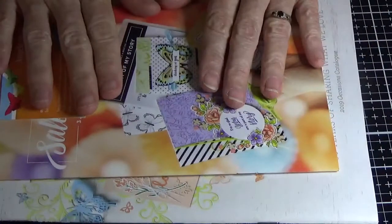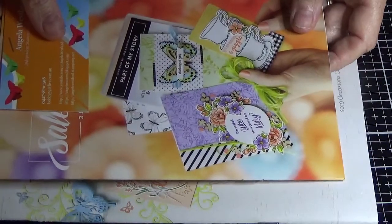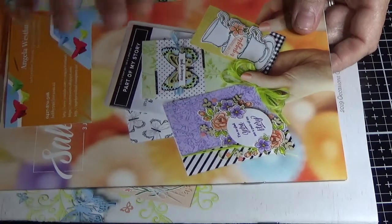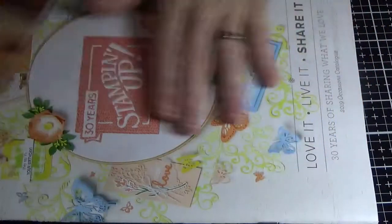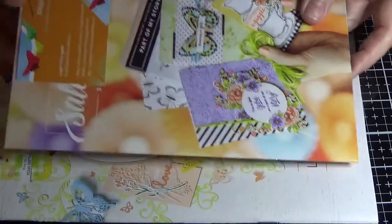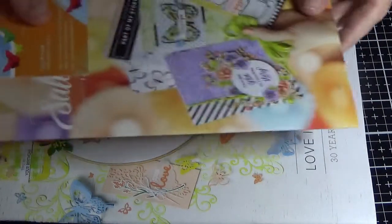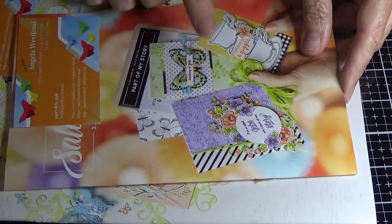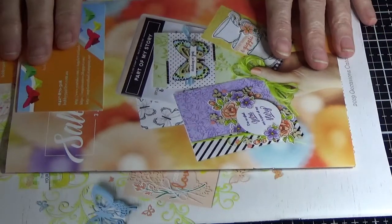Now what's in this catalogue is free products that you can earn by ordering from the 3rd of January to the 31st of March. That's the celebration period. So it's a lot shorter period than this one. It's still 3 months. So you can order out of this one or the annual catalogue, and then you can earn free product which you can choose from this one, which I'm going to be showing you over the coming weeks, some of the free product